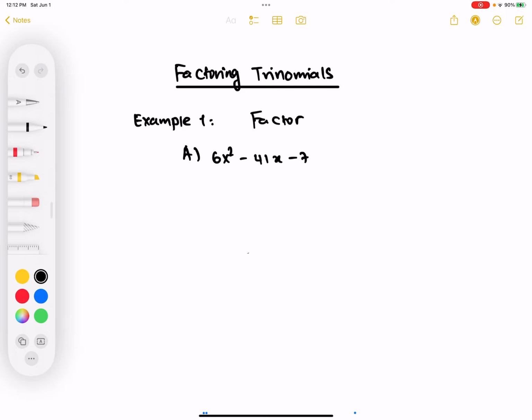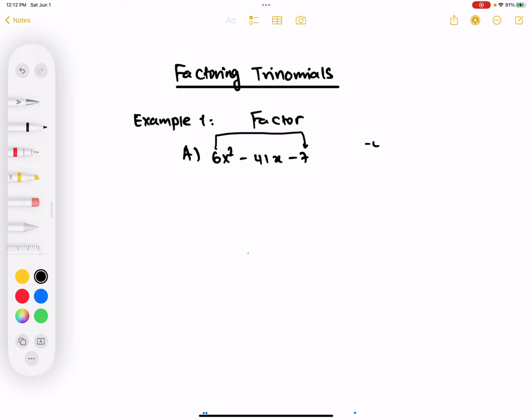All right, in this video, we are going to see how to factor trinomials. Trinomials means three terms; a polynomial consists of three terms. For example, if you look at the example, 6x squared minus 41x minus 7, there are three terms, so we call them trinomials. So in order to factor this one, we have to multiply the end numbers, and can we